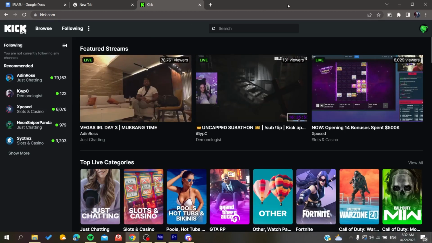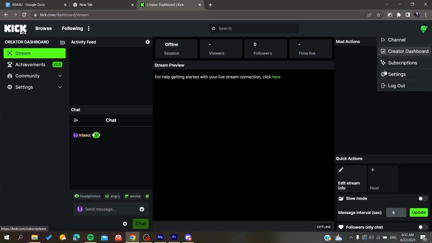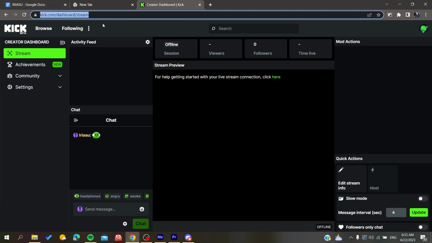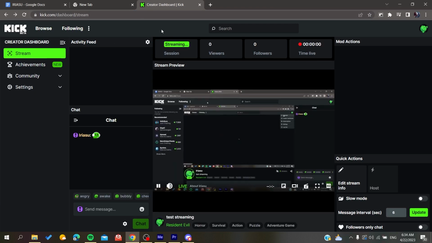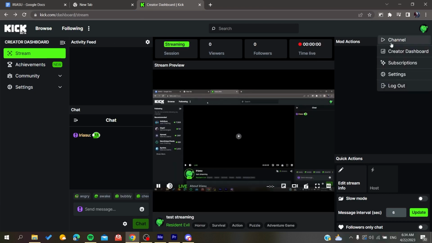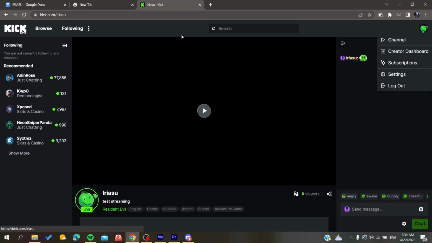So now all you need to do is to go to the creator dashboard. You will need just to click on your profile avatar and then click on creator dashboard, and after you edit all the streams, or if you edit everything in the streaming dashboard, all you need to do is to have your Kick web streaming URL. So basically, and then all you need to do is to go to your channel and make it